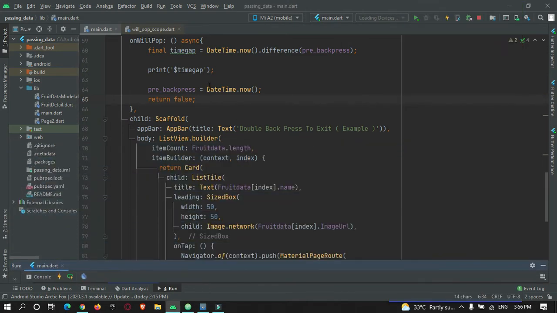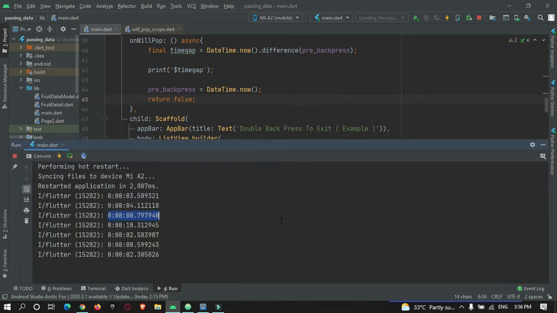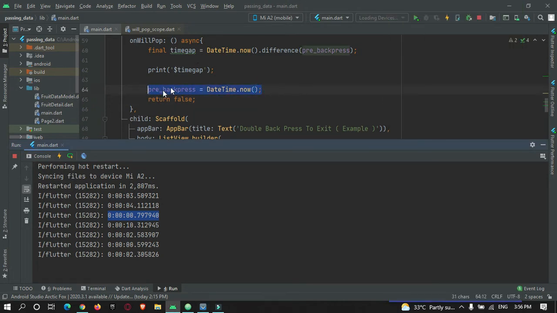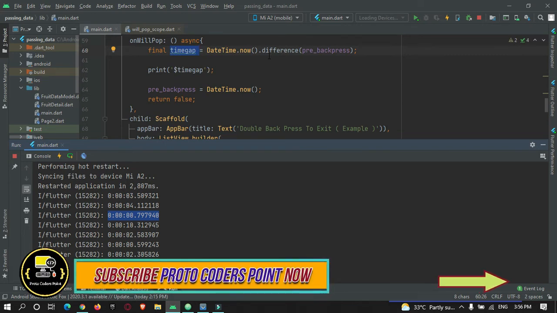Now what we need to do is, when a user presses the back button for the first time, we must get the current time and the previous time, and compare them using the time gap. If the time gap is more than 2 seconds, we must show the user a snackbar or a toast message saying press the back button again.